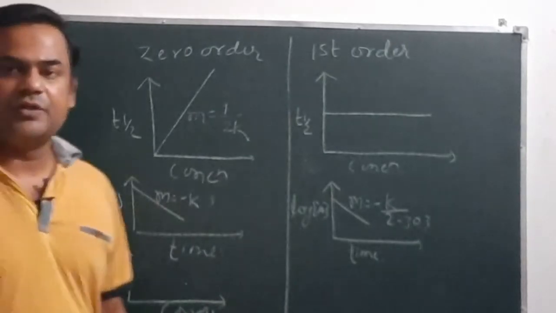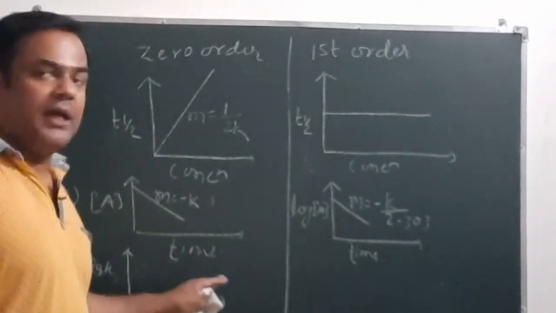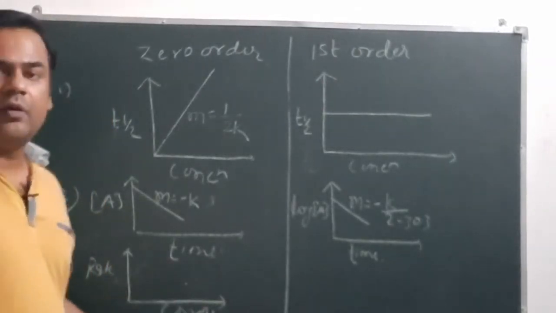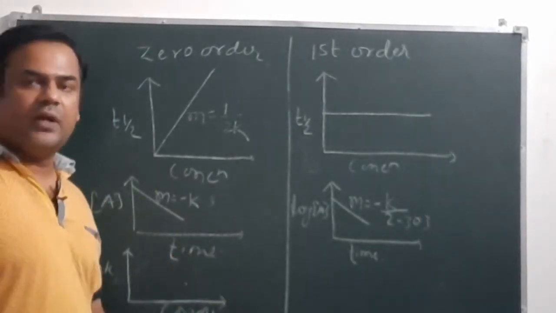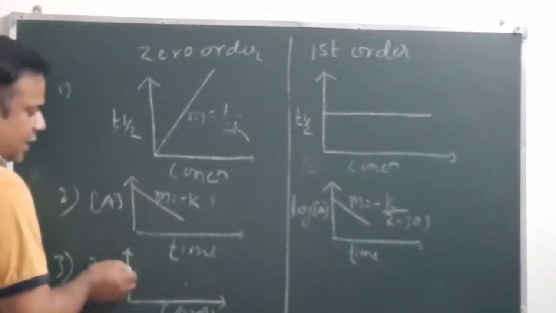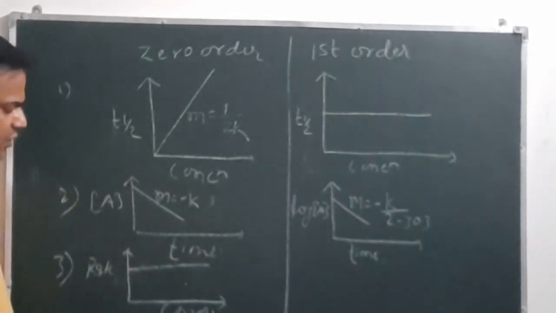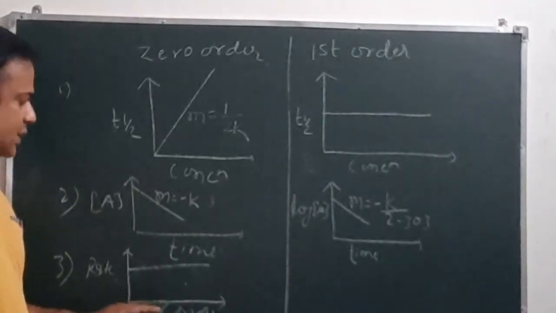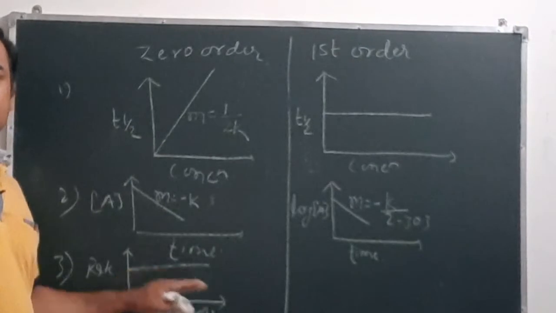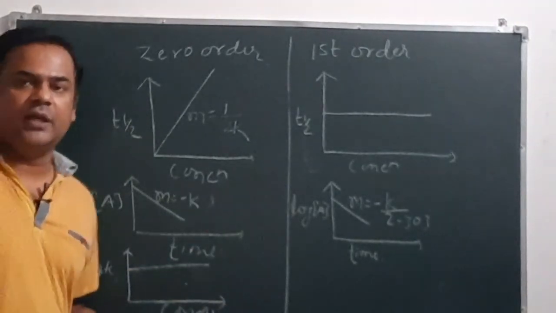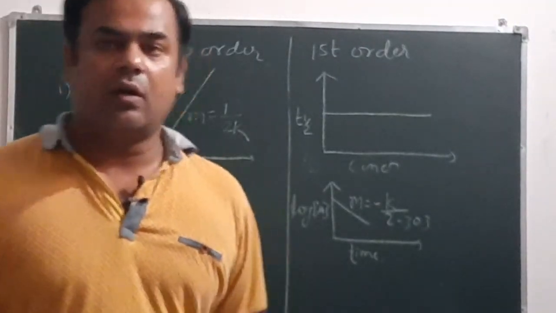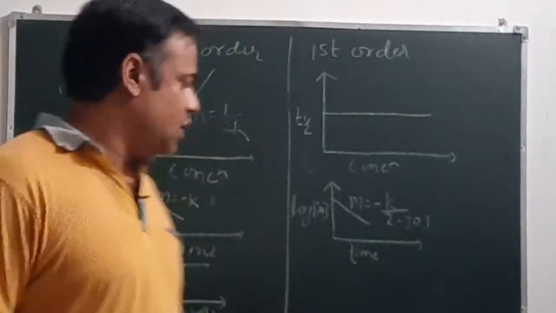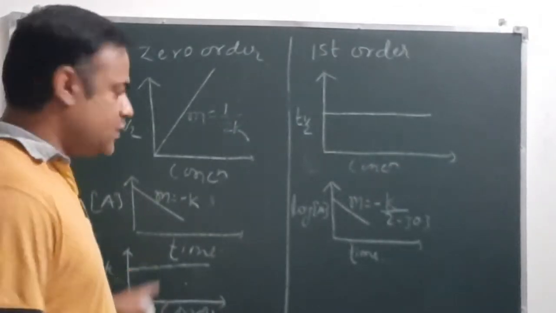I have discussed during the live classes that in case of zero order reaction, rate is independent of concentration. So as the rate is independent of concentration, it will be a straight line parallel to the concentration axis. No matter how much concentration of reactant we take, the rate will be the same. That we can understand with the help of the graph also.